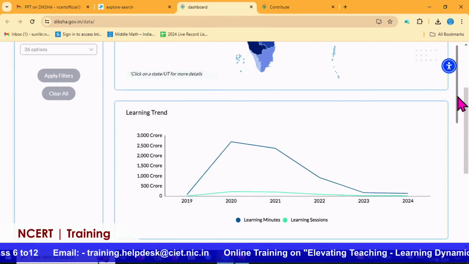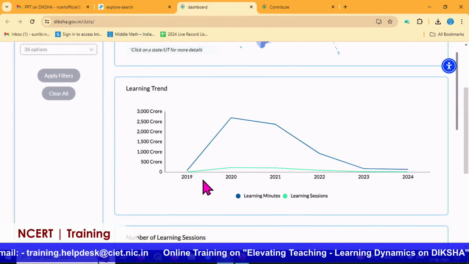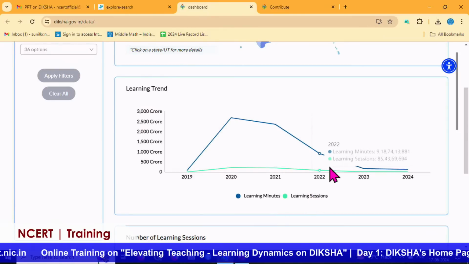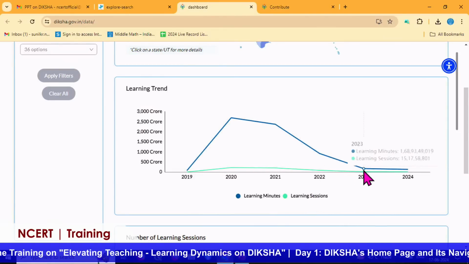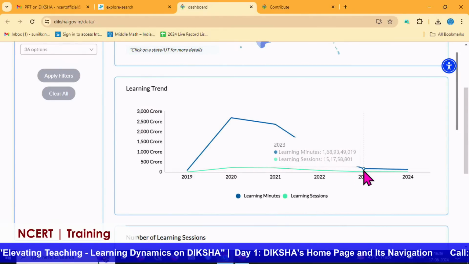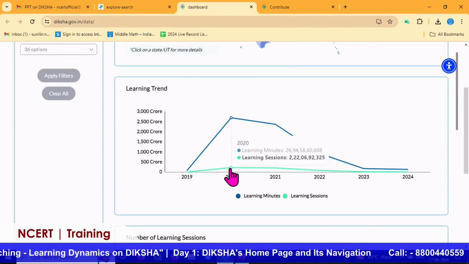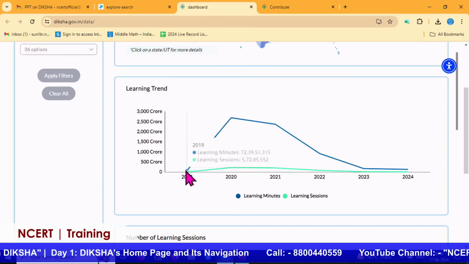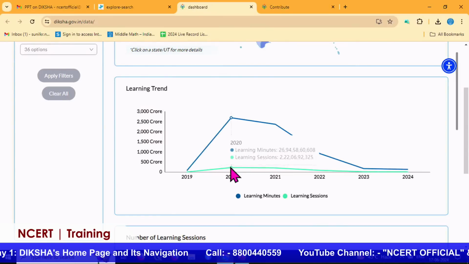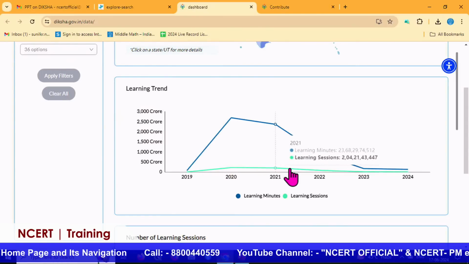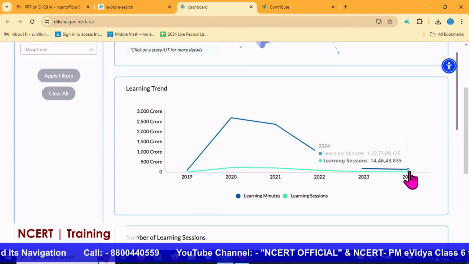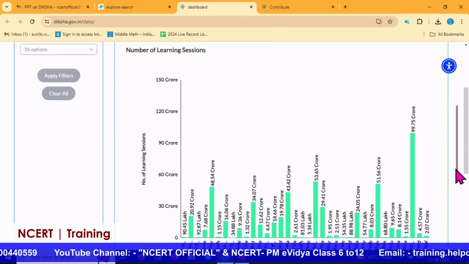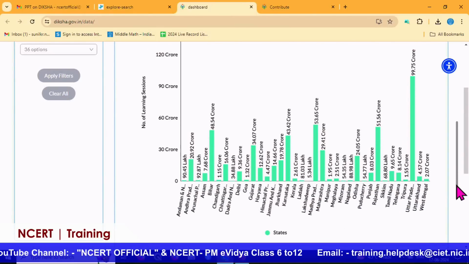Moving further, we can also see the learning trends: how many learning minutes and how many learning sessions there are. This data is given year-wise, starting from 2019, so we can see the trend from 2019 to 2024. If we scroll further, we can also see the number of learning sessions which are tenant-wise,